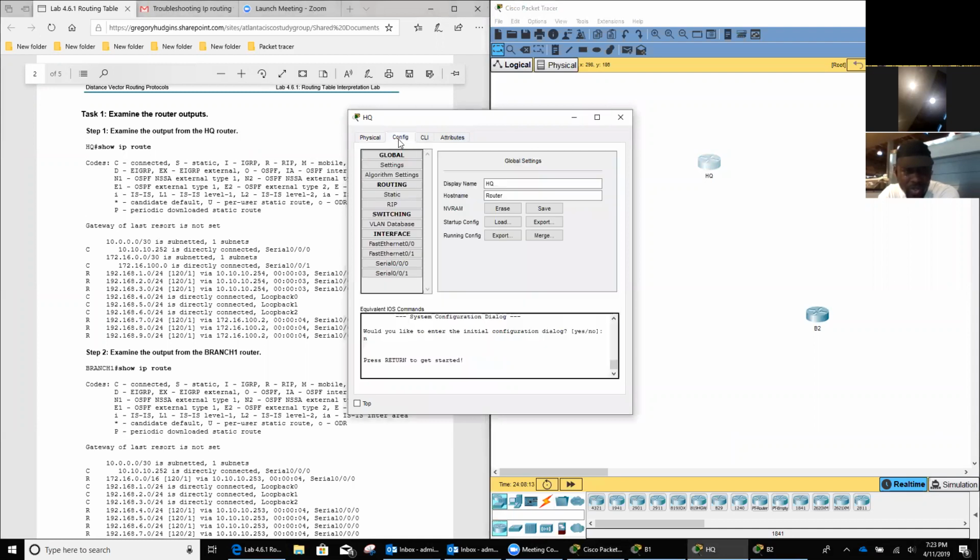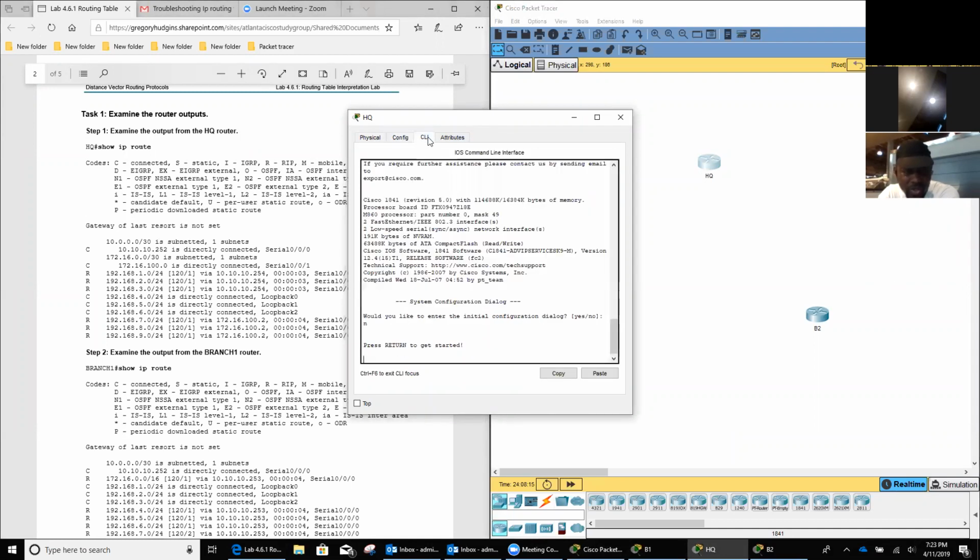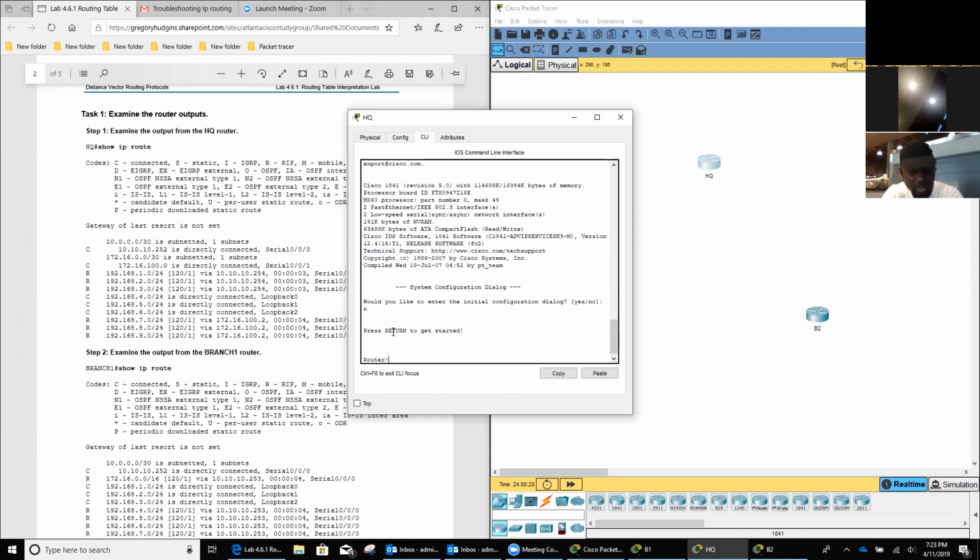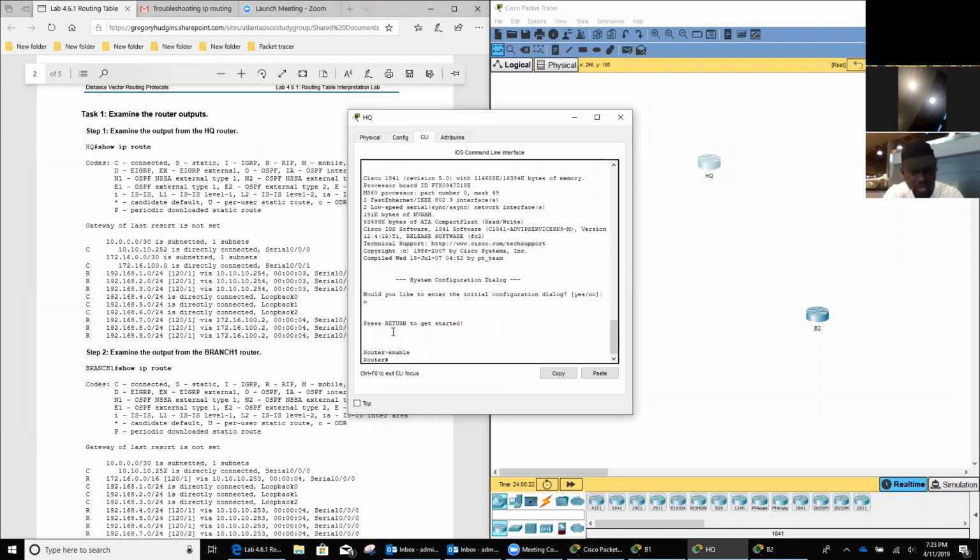So what you've got to do is go to the CLI and configure that interface. Now, what it's not telling you is the IP address. It's just telling you the network address. So what you're going to have to do is figure out